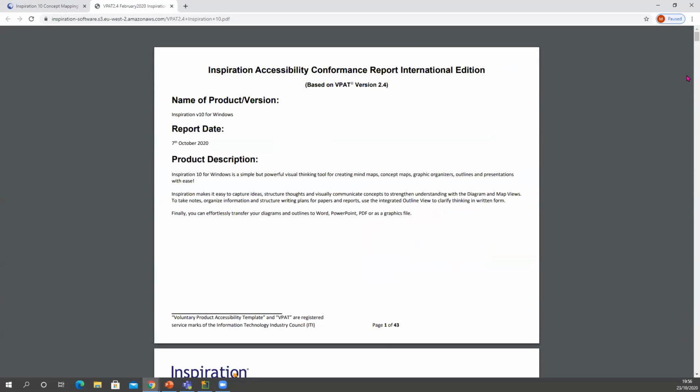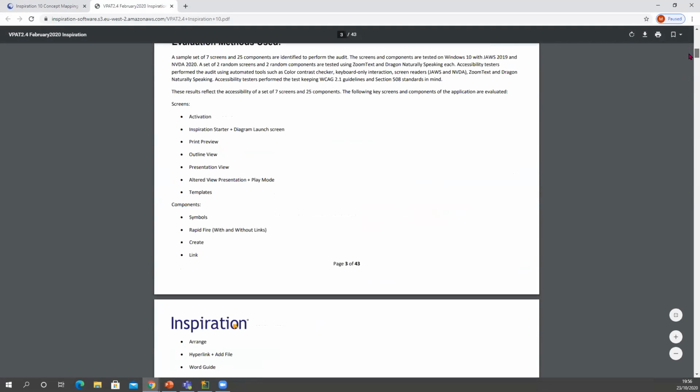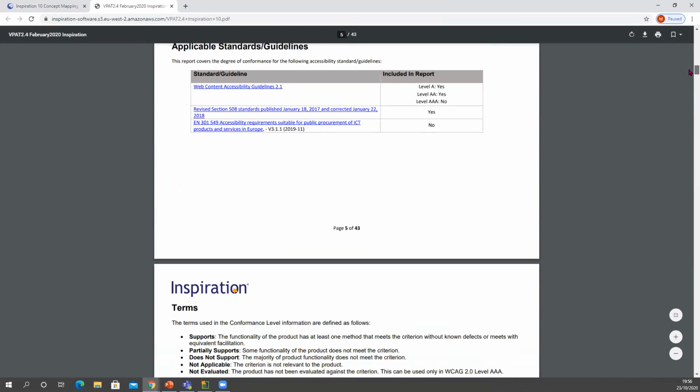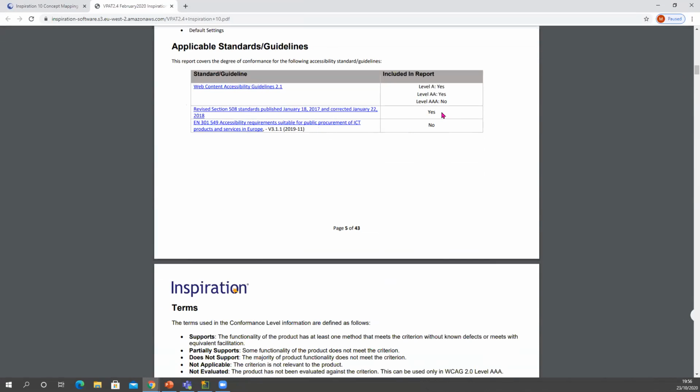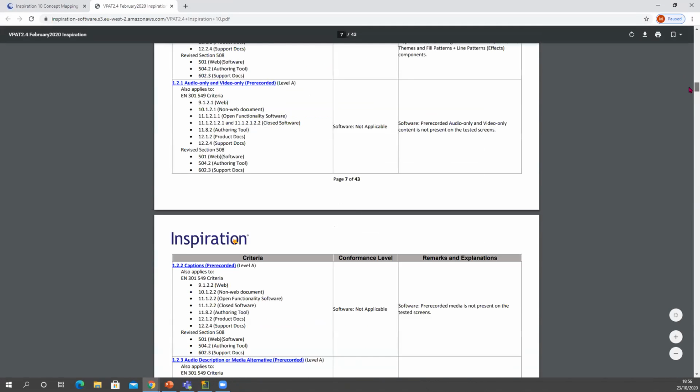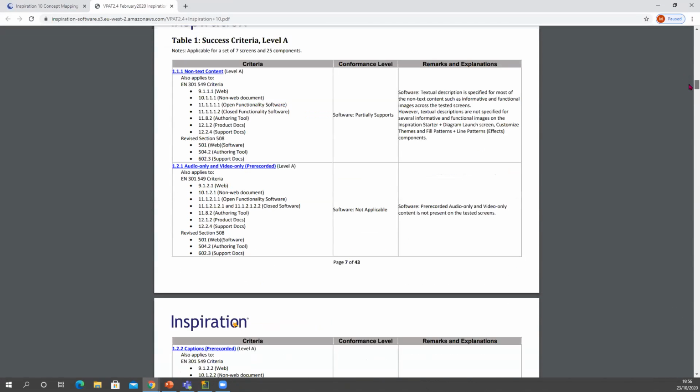And so it gives you a conformance report for all of the key features against all of the various different standards and the levels that they reach. So for us, it either follows level A or level AA. And so you can see precisely against each one of those criteria where